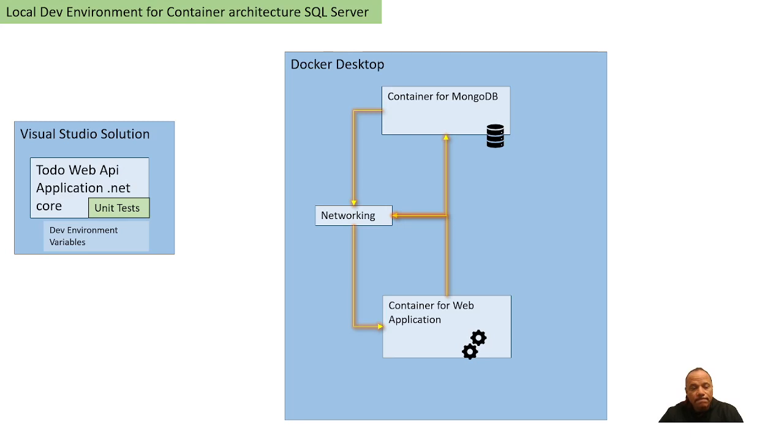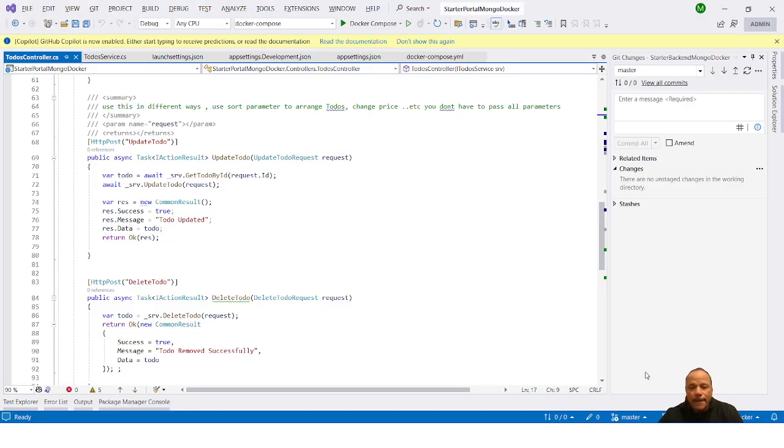So we have the development environment like this. We have a Visual Studio project with unit tests and dev environments that makes the Docker Compose containers working fine together between the MongoDB container and the Web API application container. We can have a look at the Visual Studio and the Docker and the dev environment. In Visual Studio, we have a